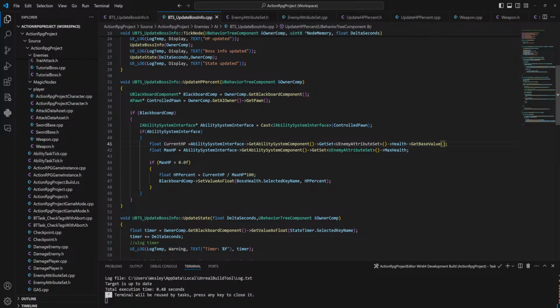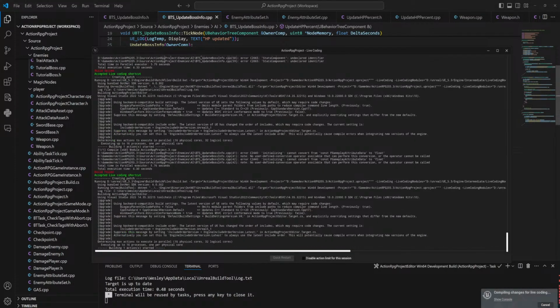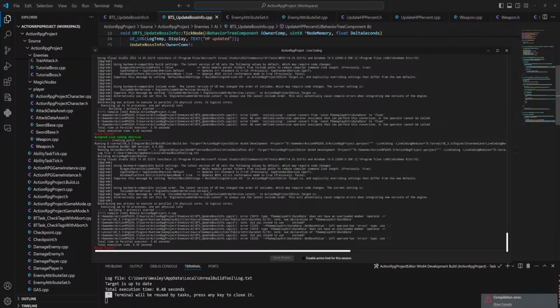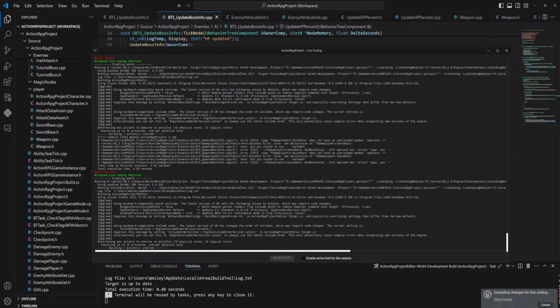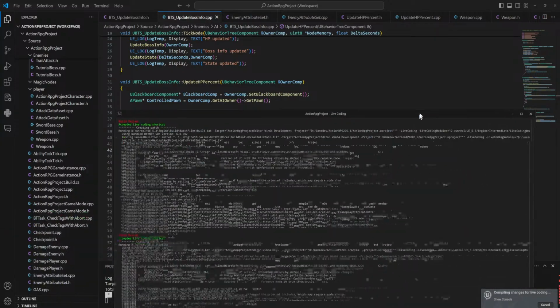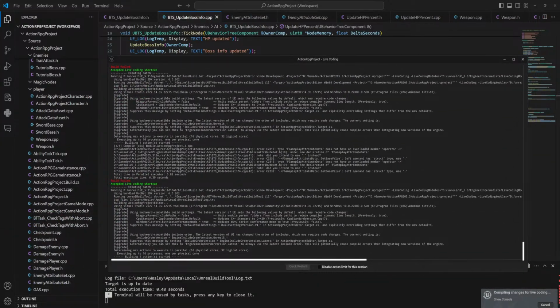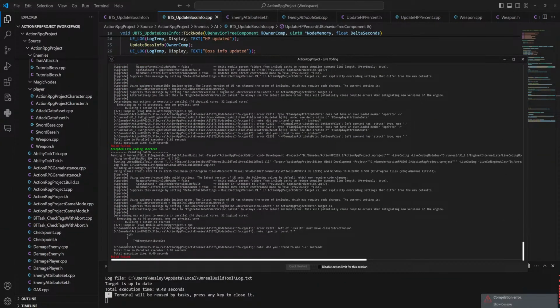We need to get the base value, current value. I don't think it matters. That's also fair because that's not a pointer. We're getting somewhere.